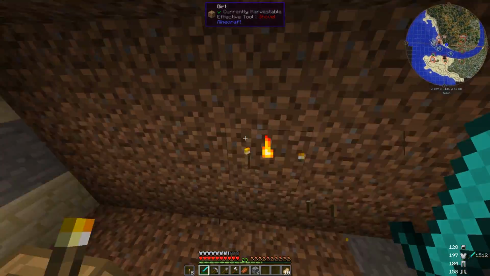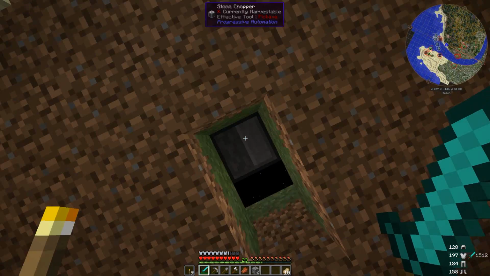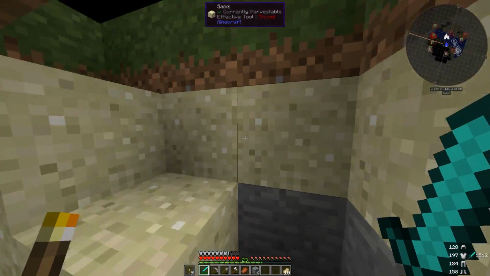Let's do this. Get rid of that because we're going to need this space over here. So this is going to get a little bit complicated. We're going to have to pipe wood out of here, but we only want wood. We don't want any of this other stuff. And